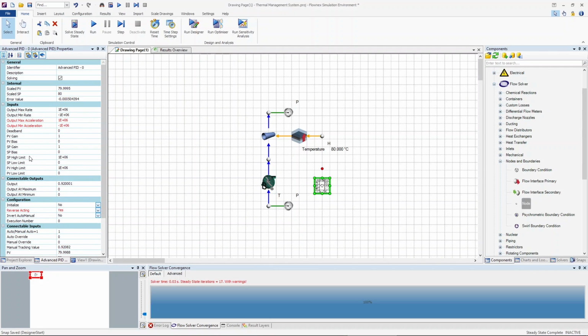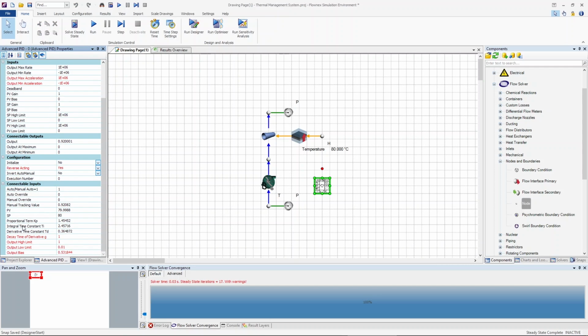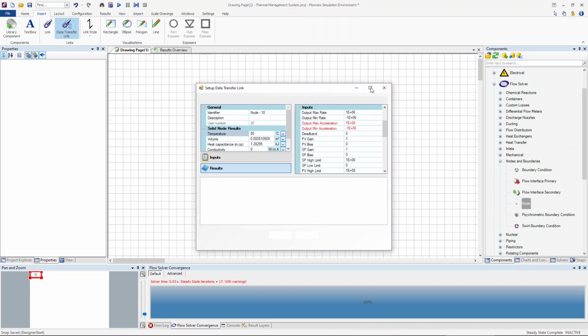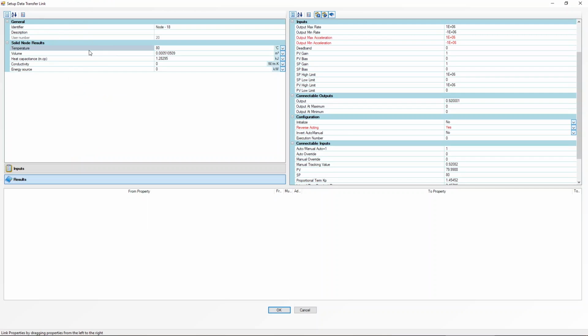So this is the advanced PID. Essentially this has already been calibrated for the specific K proportional term, the integral time constant, and derivative time constant. And more information on control can be seen on some of the webinars present on the Flownex website. So essentially we want to add in a data transfer link. So essentially this is the process value. So that's the 80 degrees Celsius, and this will go to the